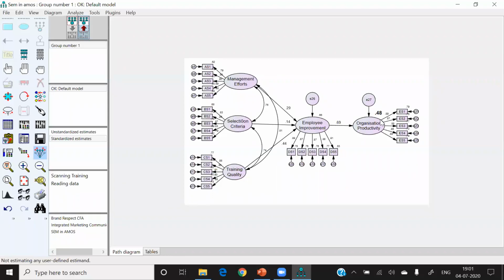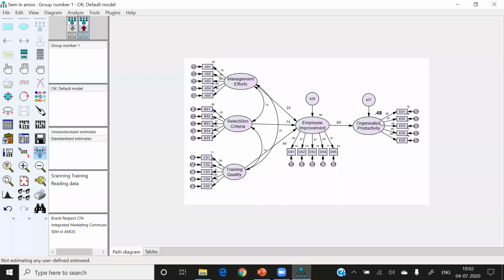But the most surprising thing, if you select any 100 papers based on SEM, in more than 90% of the papers, this R square is more than 50%. But there we also found some papers where this R square is less than 50%.